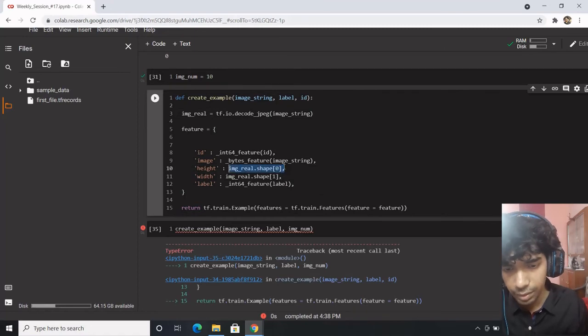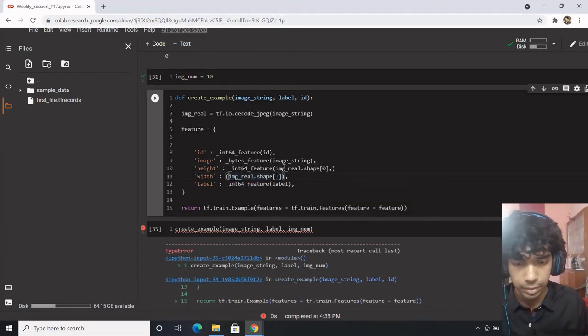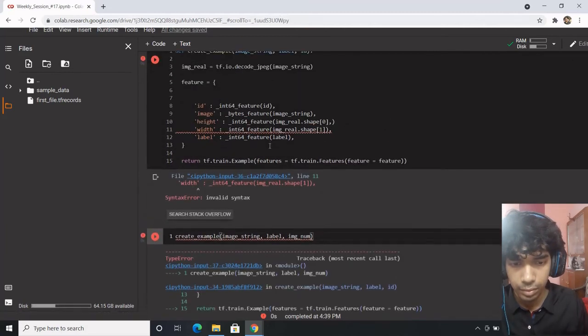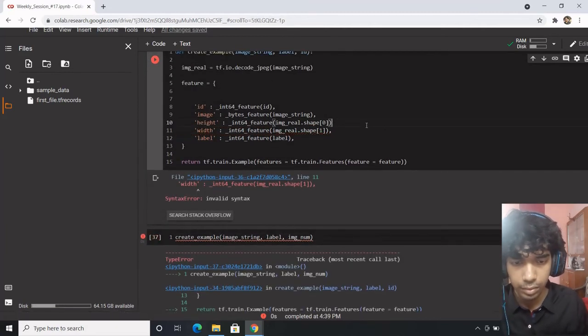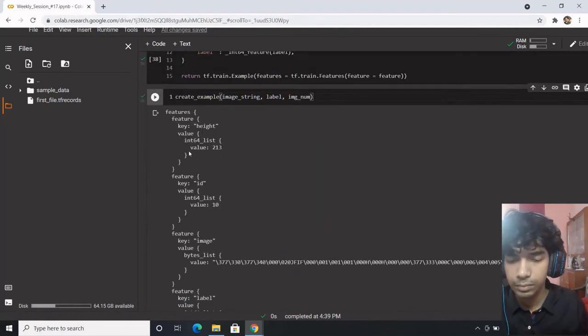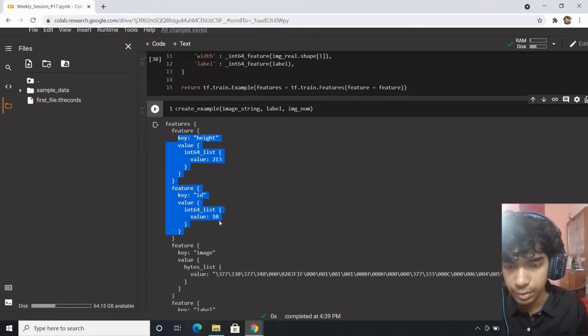Yeah, this should be int something, int 64 feature. Should be this, something like int 64 feature. Now you have height, the value is 213, those kind of things.